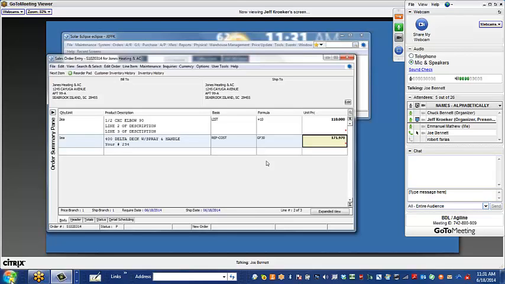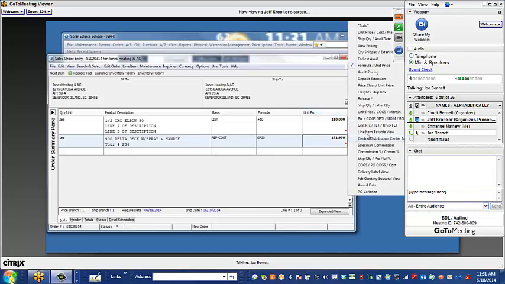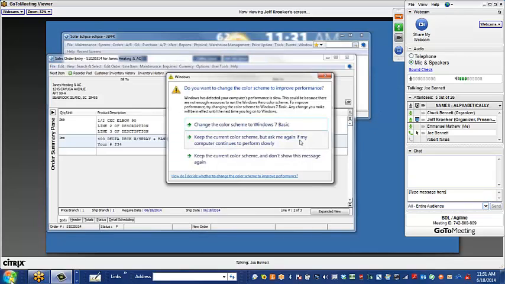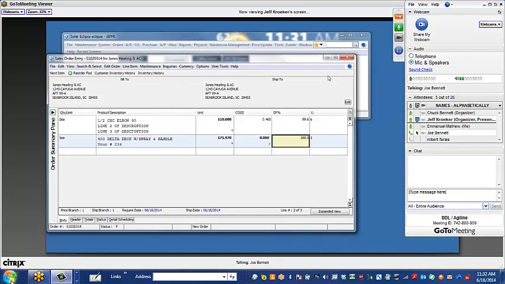Now, if you wanted to get even fancier, we could say, well, if you were in certain views, like if I was looking at the margin view, where I'm seeing the selling price and cost, I can come over here and say,